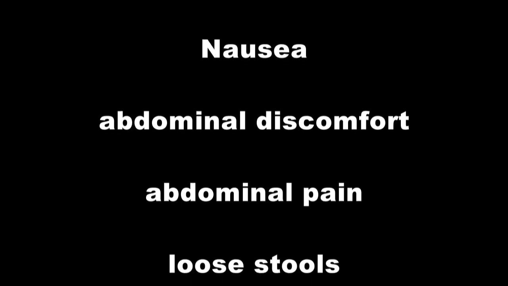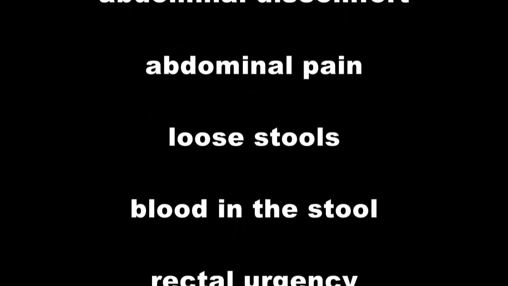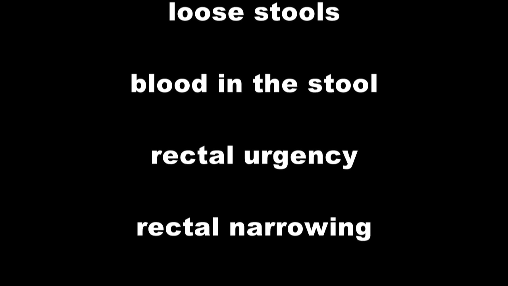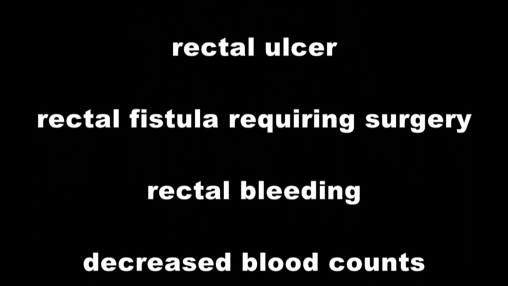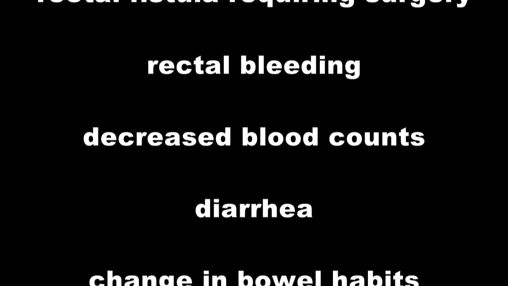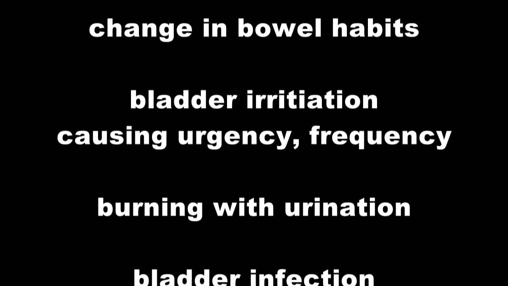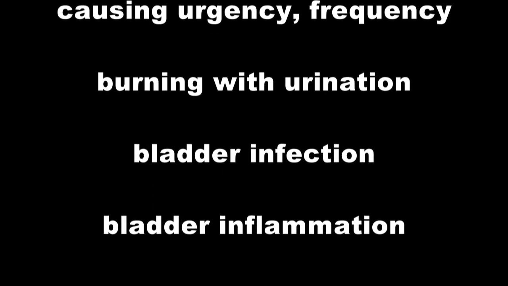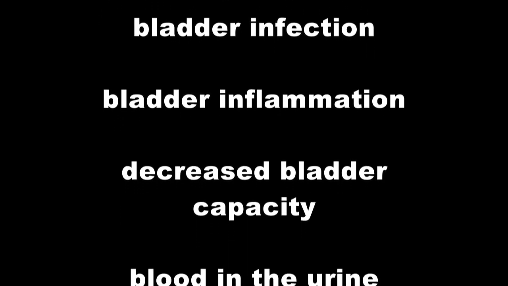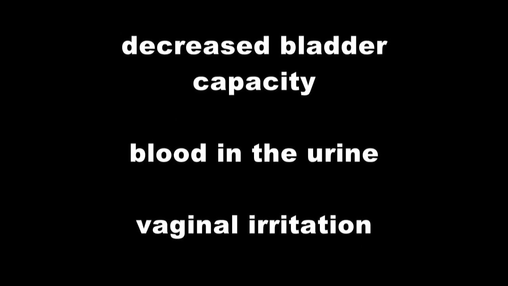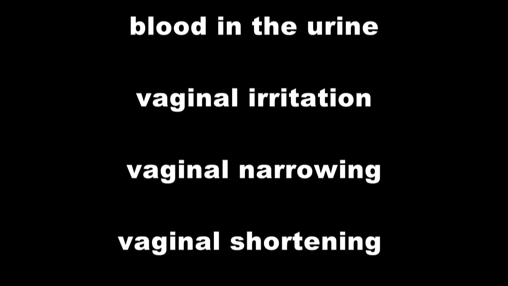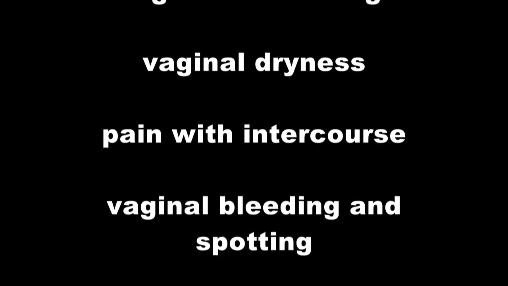Nausea, abdominal discomfort, abdominal pain, loose stools, blood in the stool, rectal urgency, rectal narrowing, ulceration, rectal fistula requiring surgery, rectal bleeding, decreased blood counts, diarrhea, change in bowel habits, bladder irritation causing urgency, frequency, burning with urination, bladder infection, bladder inflammation, decreased bladder capacity, blood in the urine, vaginal irritation, vaginal narrowing, vaginal shortening, vaginal dryness, pain with intercourse,